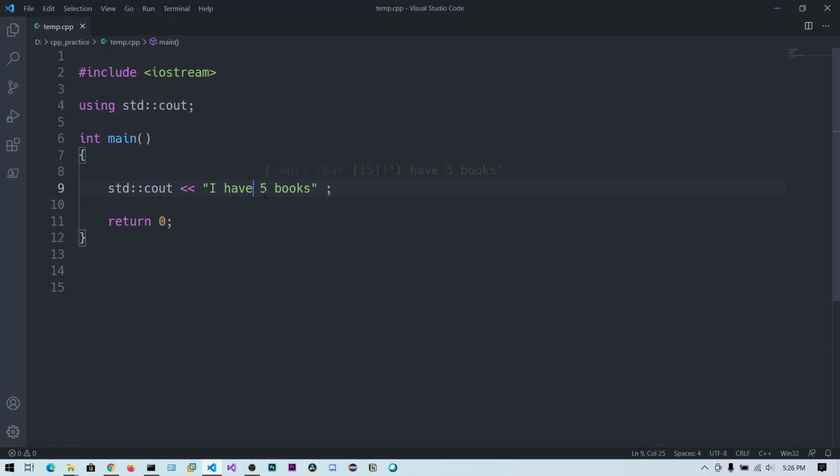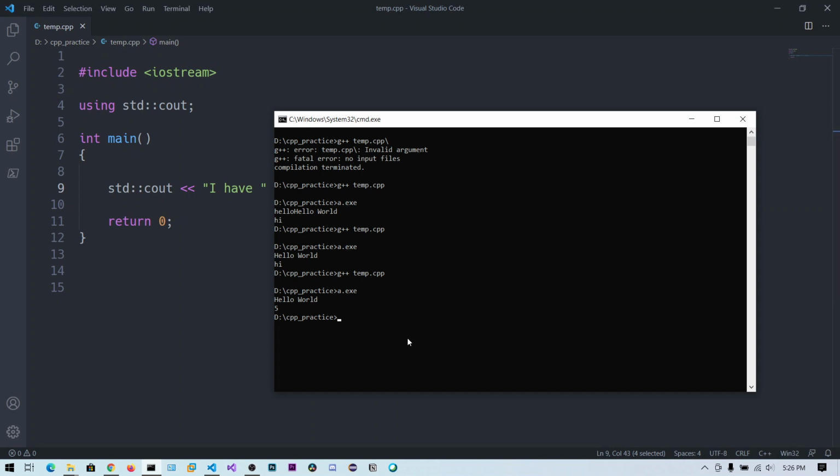So I can put quotations, and then another less than. After 5 I can put another less than, and say books. Now the entire output will be I have, and the 5 as a number, like integer, and the books.